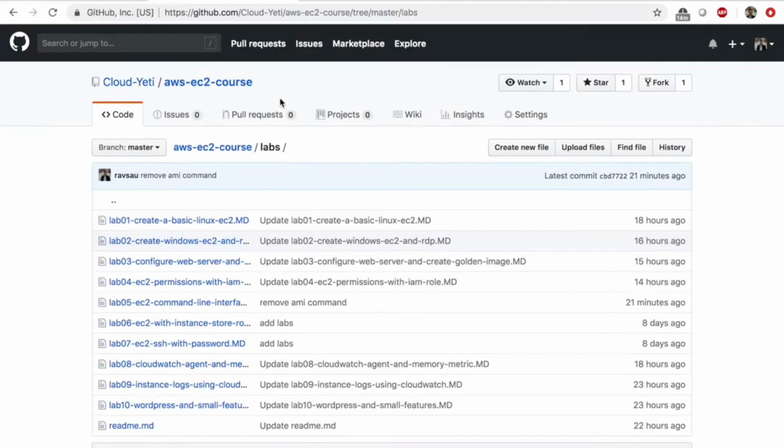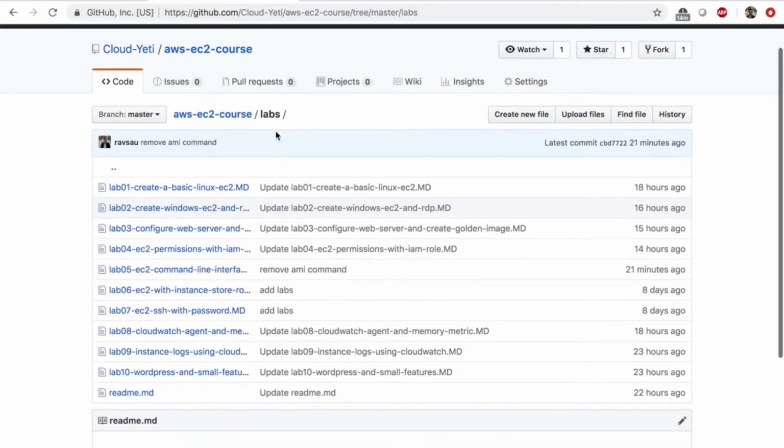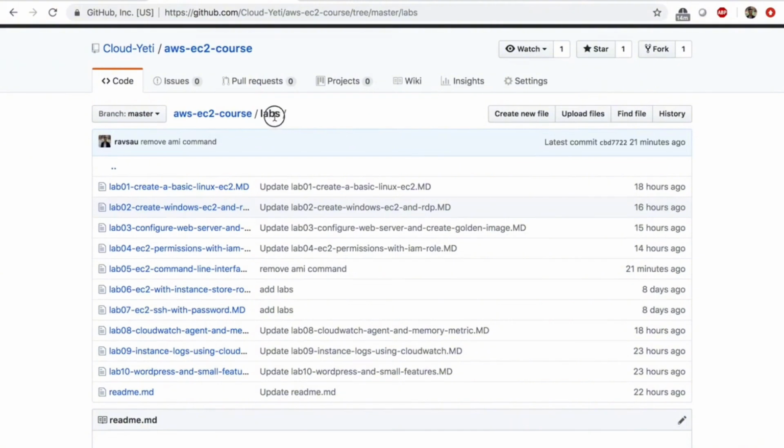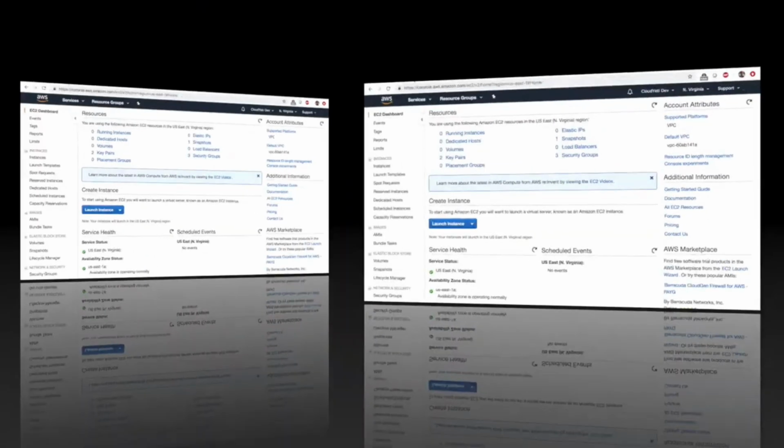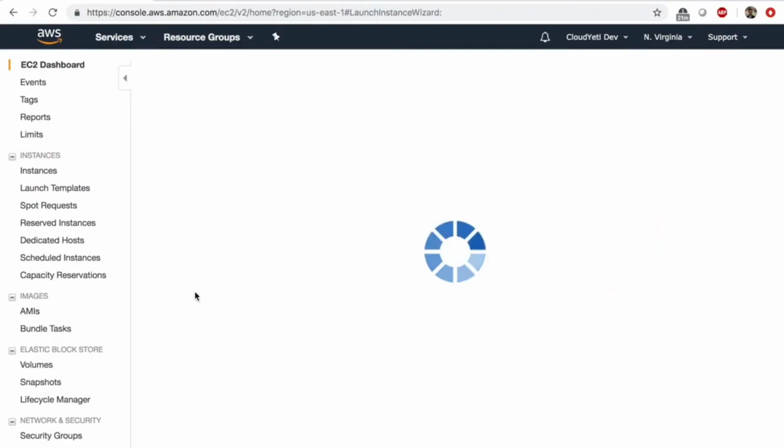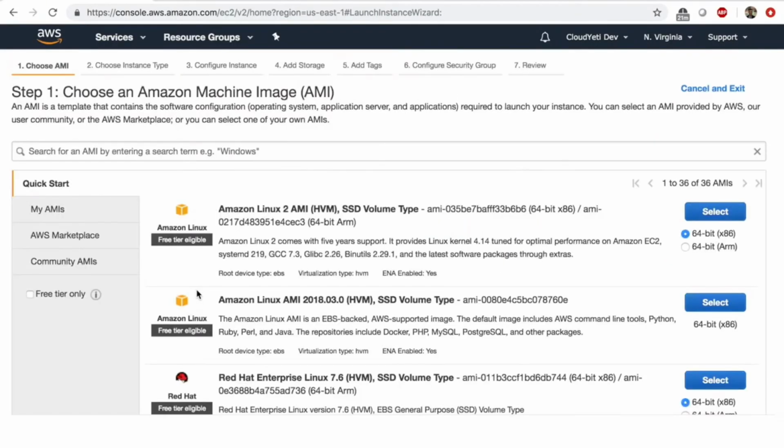So let's get started. I'm here in my course repo. Inside the labs folder, I'm going to open lab 6, the title being EC2 with instance store. I'm going to go to my management console and click launch instance. So far we have used